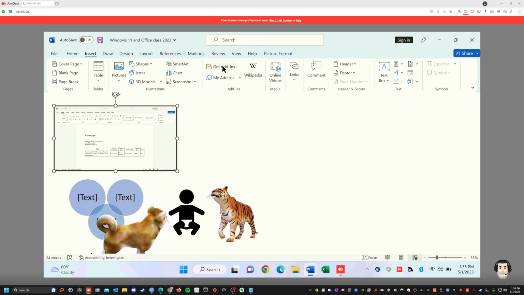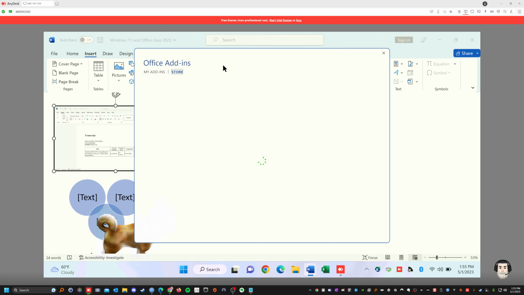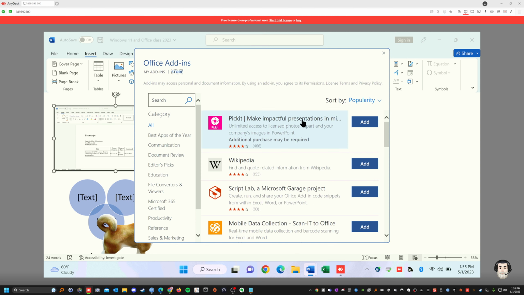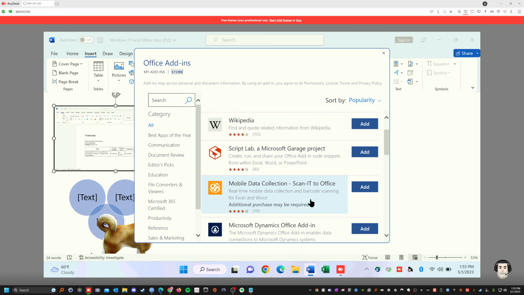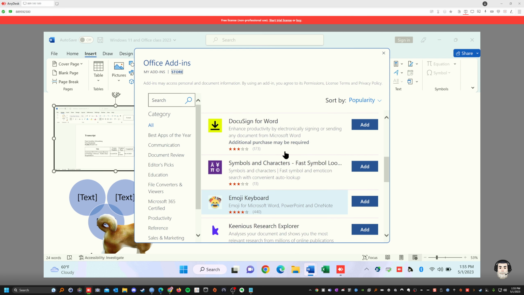You could get an add-in, right? So it says here, Browse Add-ins. You could find add-ins and add new functionality to Office, simplify tasks and connect the services that you use every day. So let's click on that, and there are add-ins you want to add in there. You could add Wikipedia in there. You could add any data you want. Microsoft Dynamics, DocuSign if you're signing something.